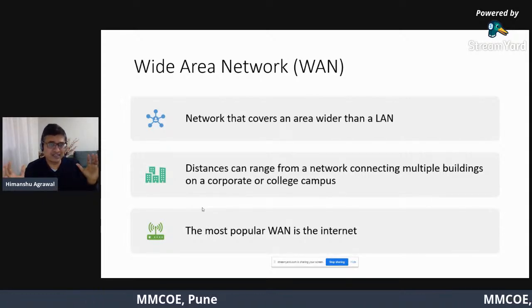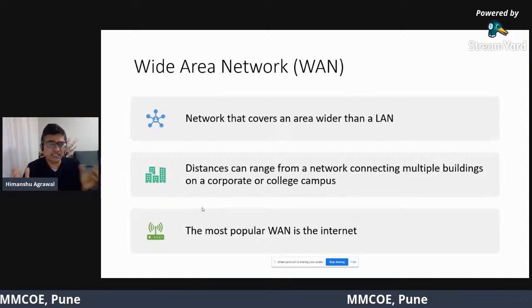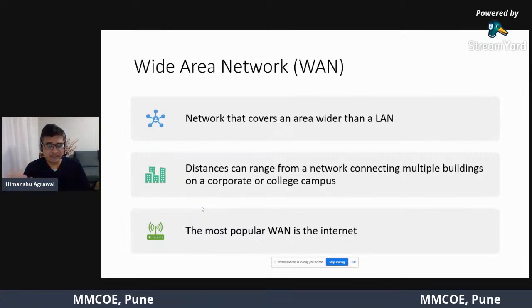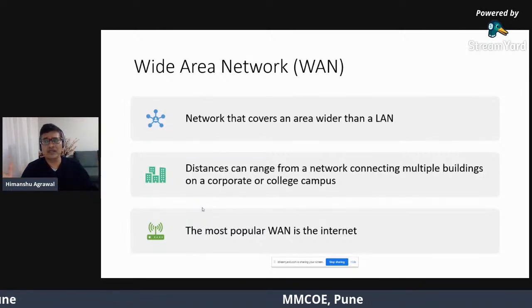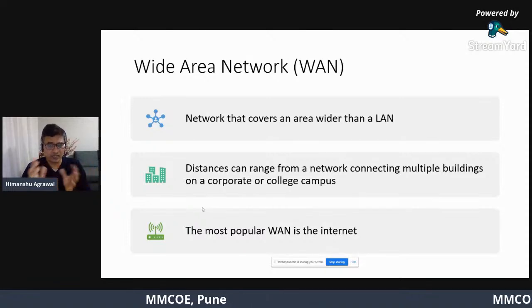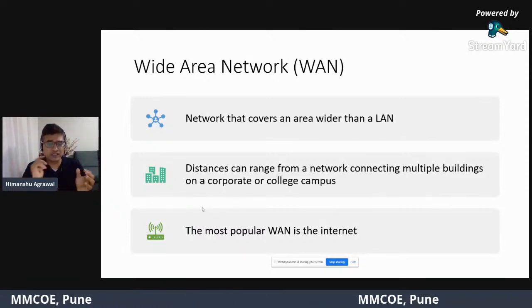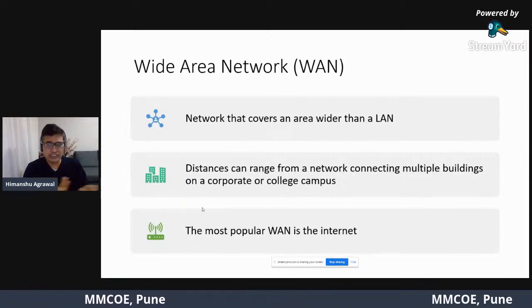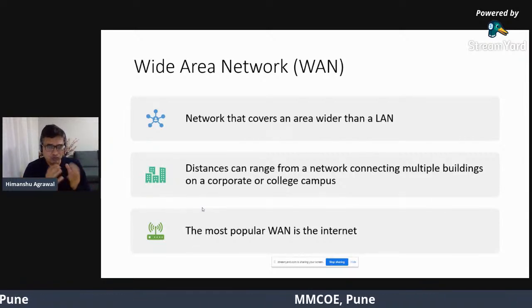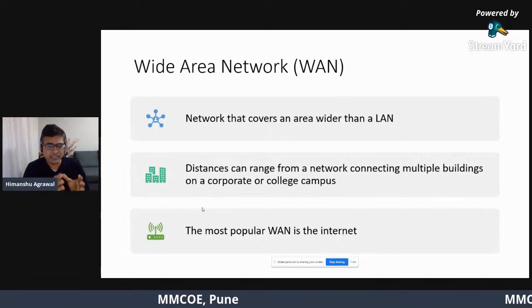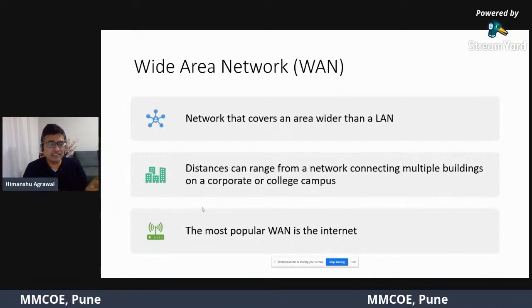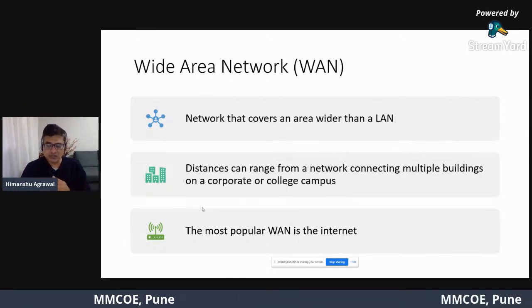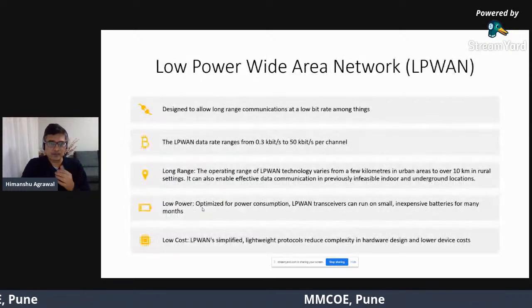If you look at a city-wide network, definitely a metropolitan city has a large, you can say, area. Okay, so a huge geographical area. So in that case, we require a protocol which can cover longer range. So wide area networking protocol is definitely the category in which now we see that we have emerging low power wide area networking standard for Internet of Things.